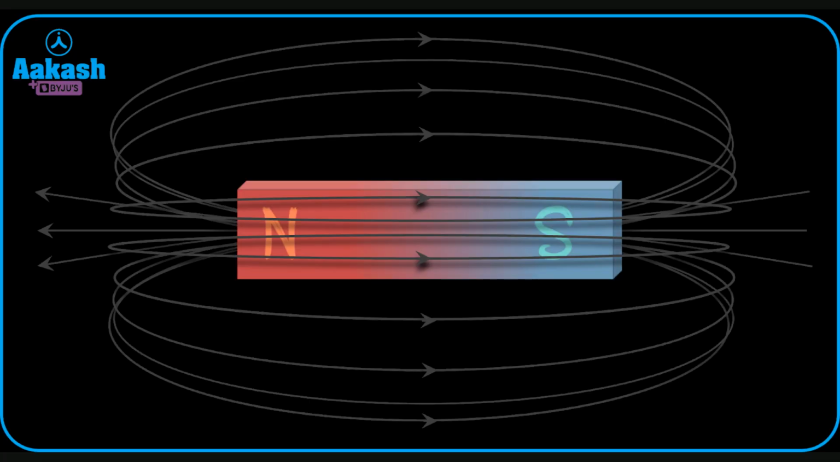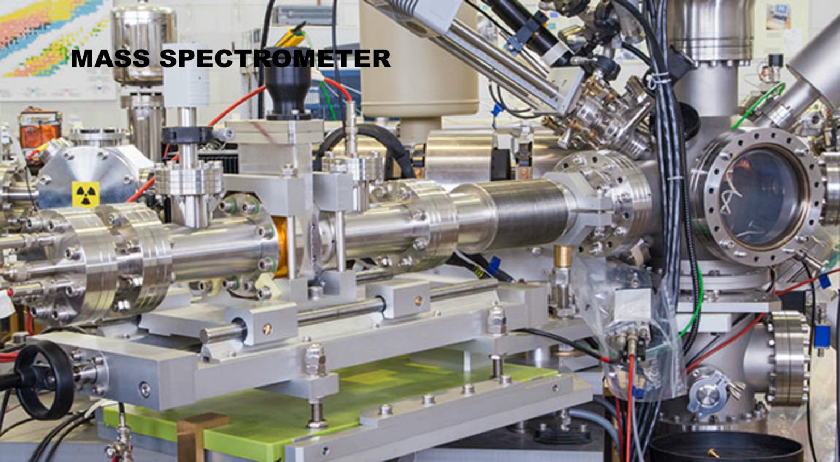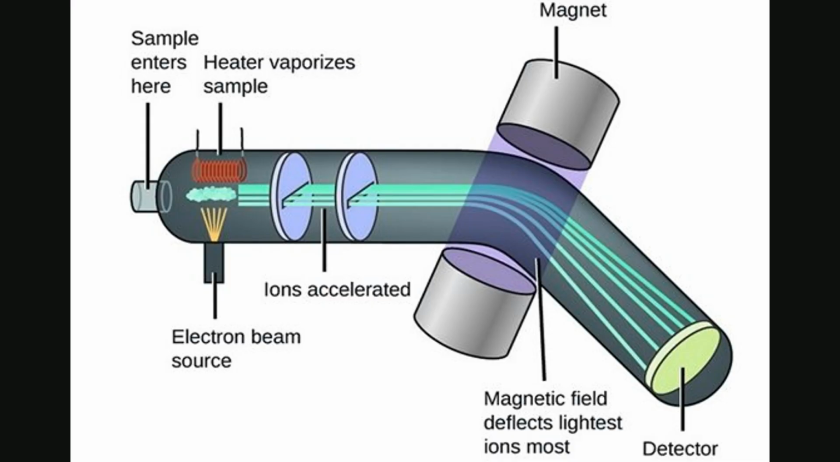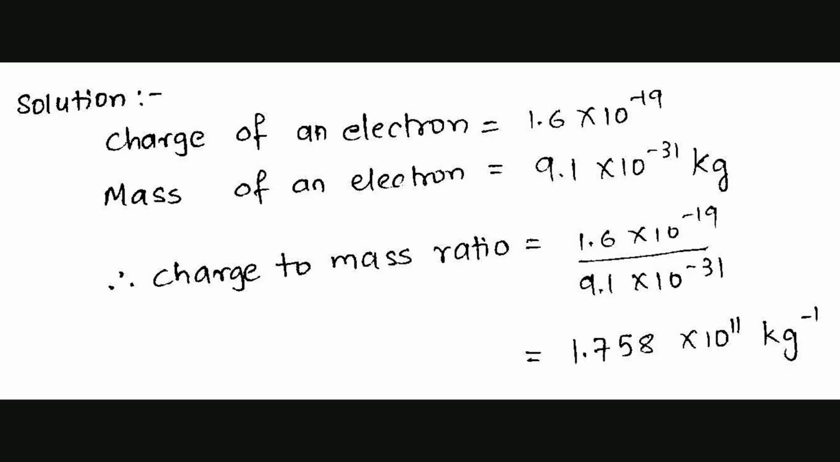Magnetic flux is a number of magnetic field lines passing through a surface. Mass spectrometers separate charges of different mass. When ions of fixed energy enter a region of constant magnetic field, they follow a circular path. The radius of the path depends on the mass to charge ratio and speed of the ion and the magnitude of